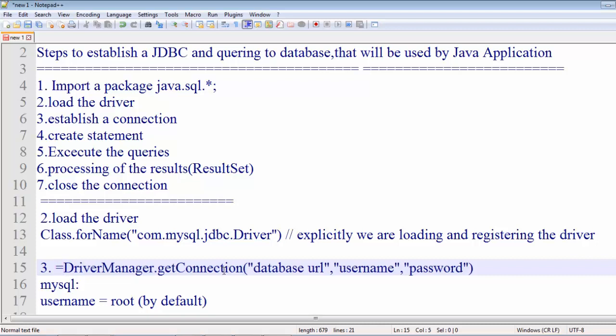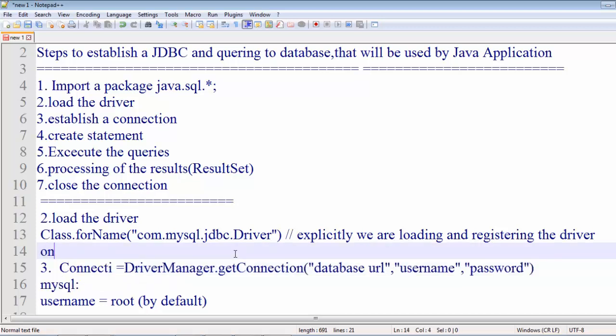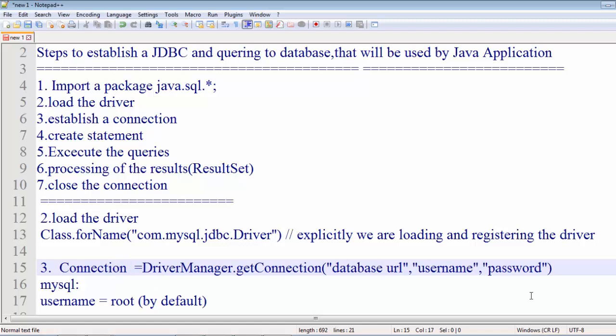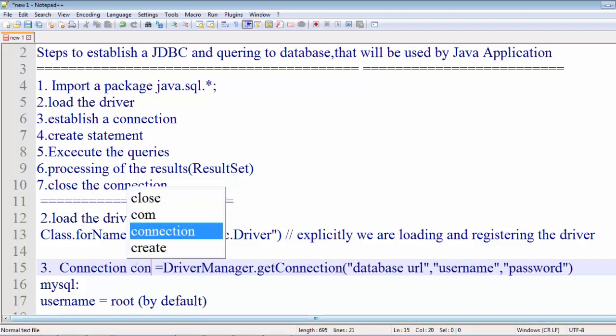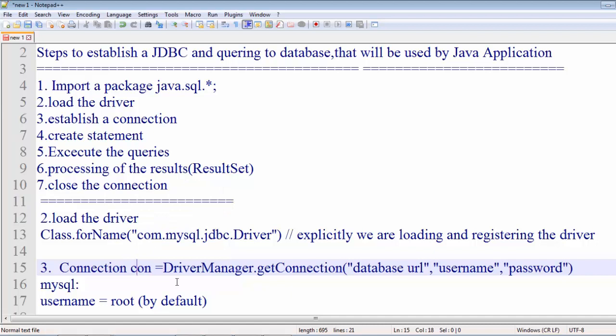This will return a Connection object that will be referenced by the reference of the interface Connection. Here Connection is an interface, and con is the reference of this Connection. As we know, we cannot instantiate an interface.